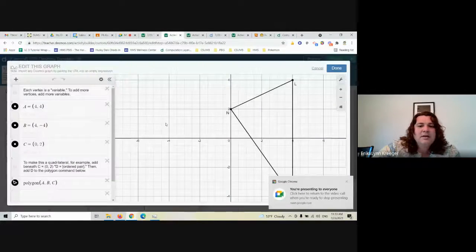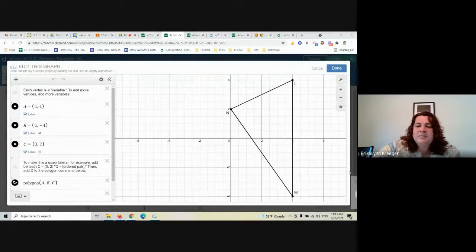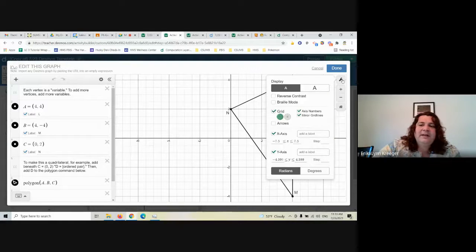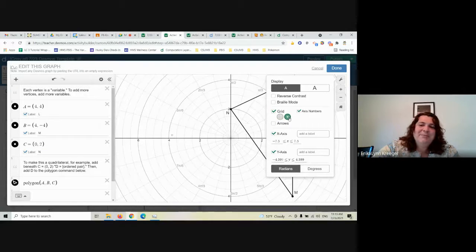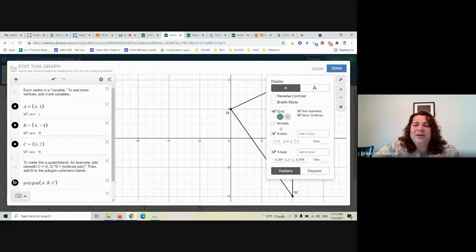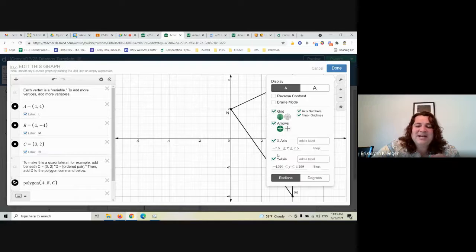Right in here, if you want to mess around with this, you click on that's a wrench. I always have to remind myself. But you click on the tool and it gives you a ton of different options. I don't know if polar coordinates are taught anymore, but if they are, then you could use polar. You can put arrows, which I like to do sometimes. You can change the axes. You can change the step, so how frequently,